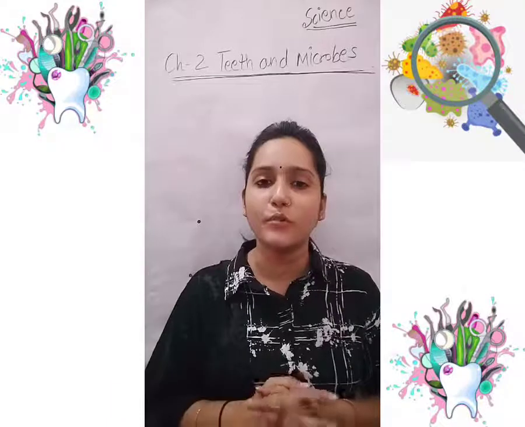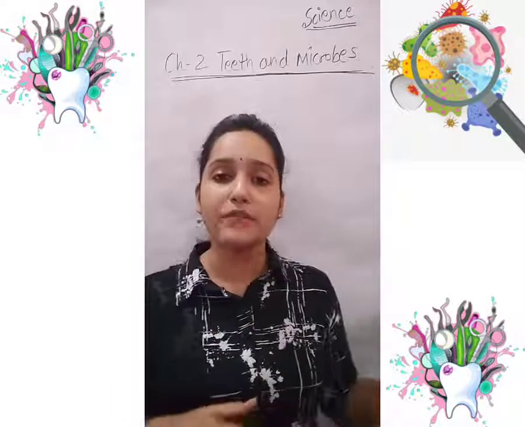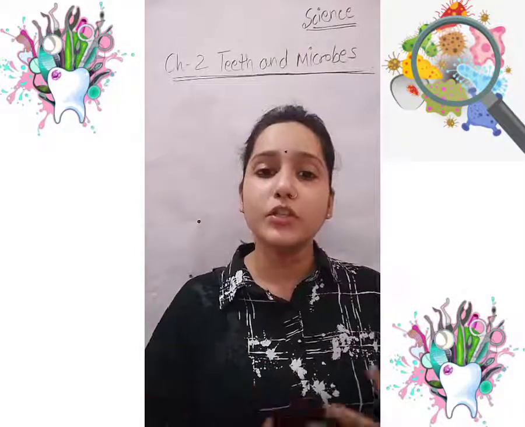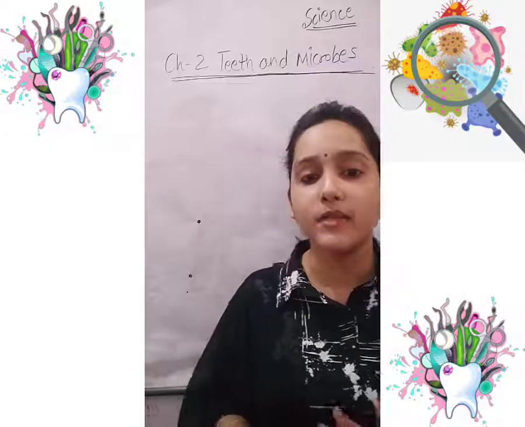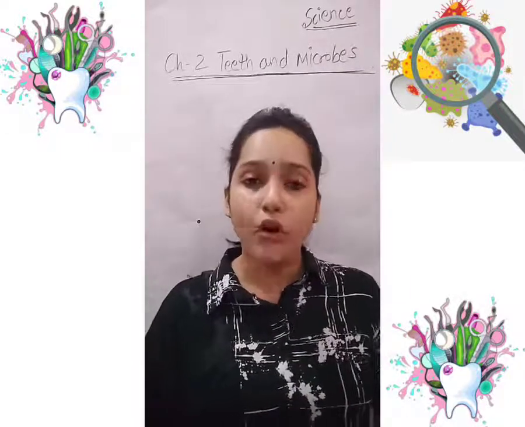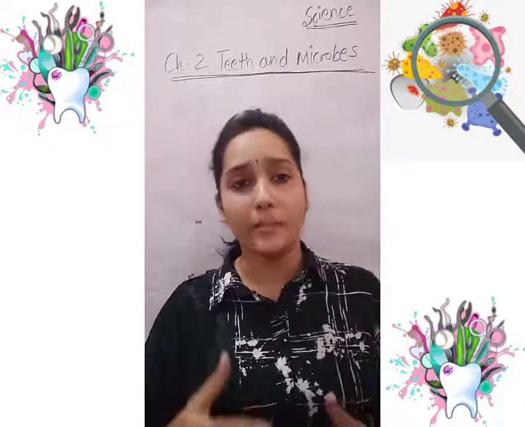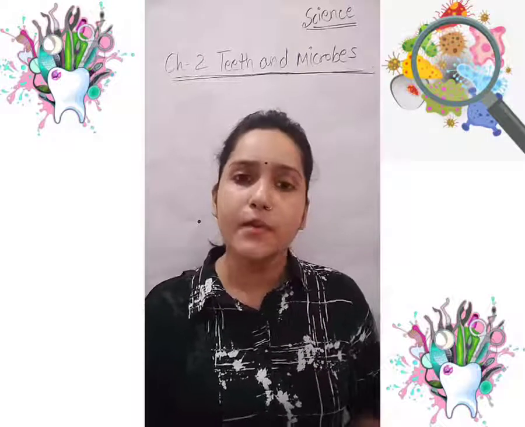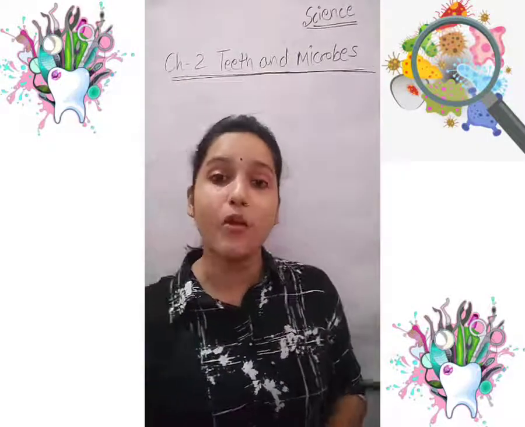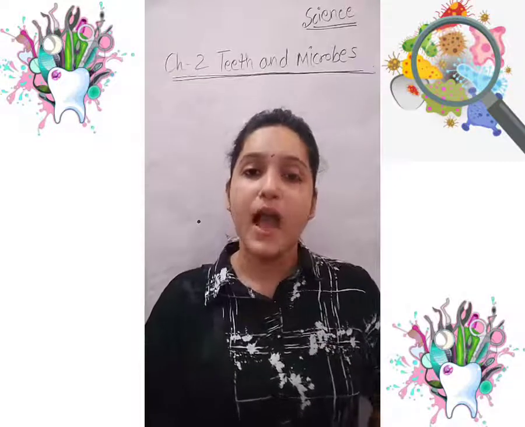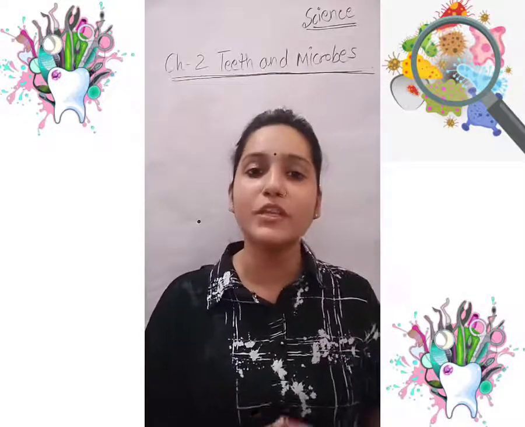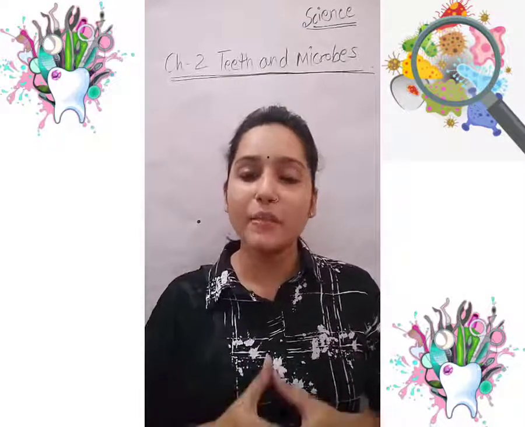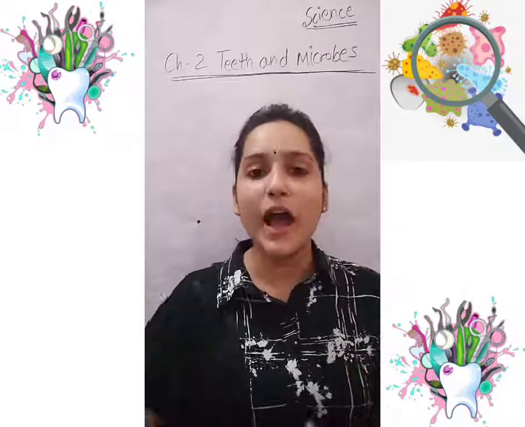There are some microbes which are useful also. They have some useful aspects. So there is yeast, which is a fungus used for baking cakes and breads, which makes the breads and cakes soft. And there is a bacteria which helps to convert milk into curd. And there are some other microbes present inside the body which help in the digestion process. And there are some microbes which help in the decaying of dead plants and animals. So the microbes have both useful and harmful aspects.